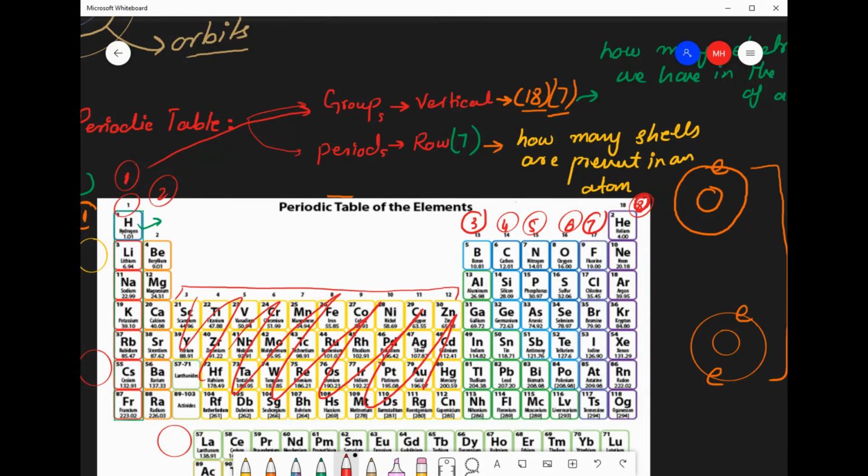Now if I write like this, this is your group number 3. So group number 3 shows us that all of these will have 3 electrons in the last shell. They belong to group number 5, so all of them show